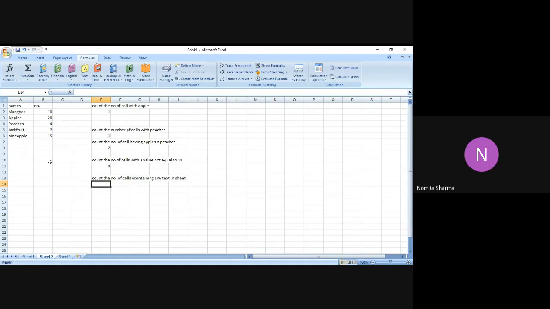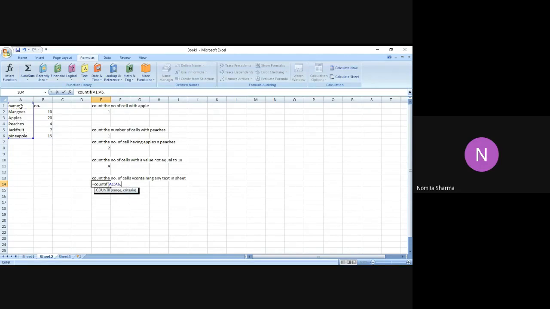So you have to use only A column over here. Automatically, it will count only that. So if you remember, we have used the asterisk wildcard character over here for the counting of any text that we have in the sheet. So we say COUNTIF, and we give the range over here. This time, I'm going to include the heading also, because even that is a text.